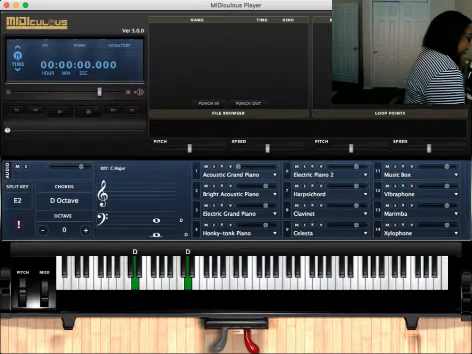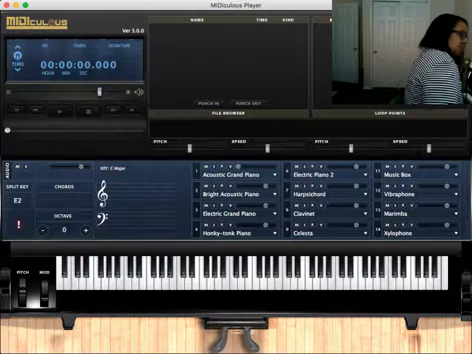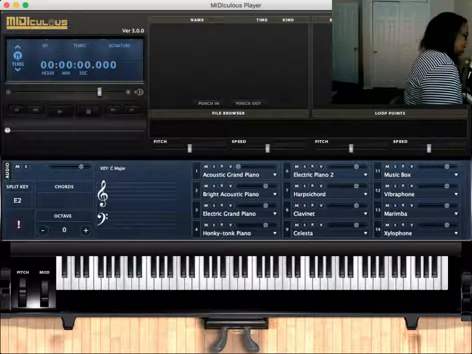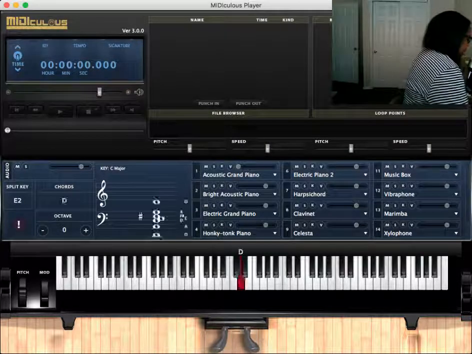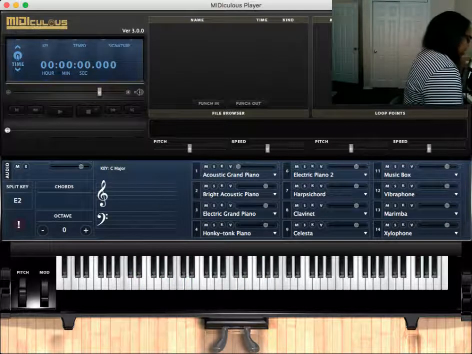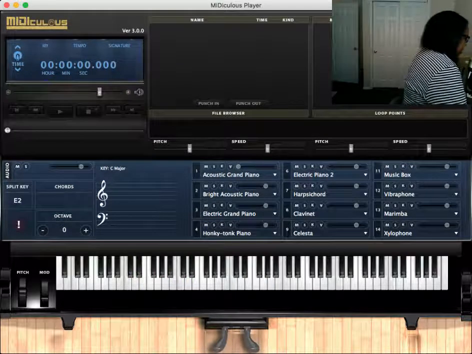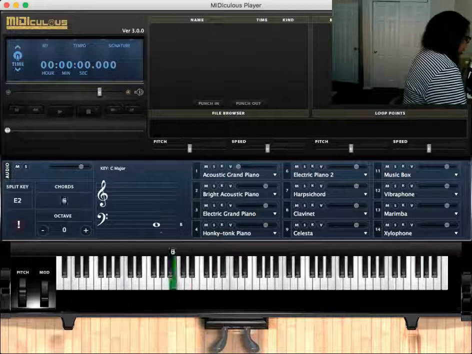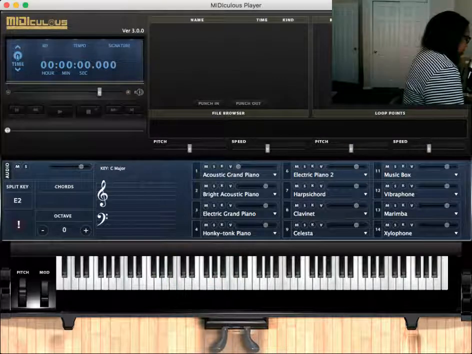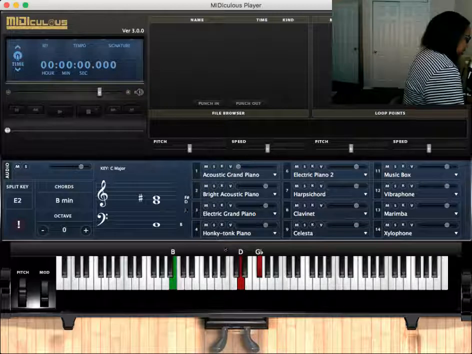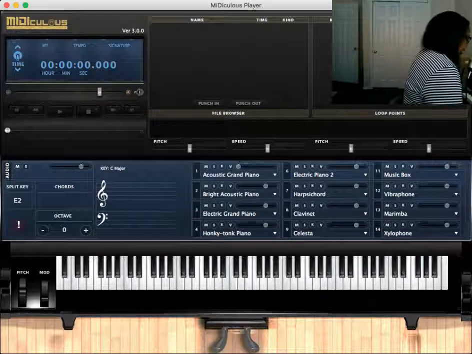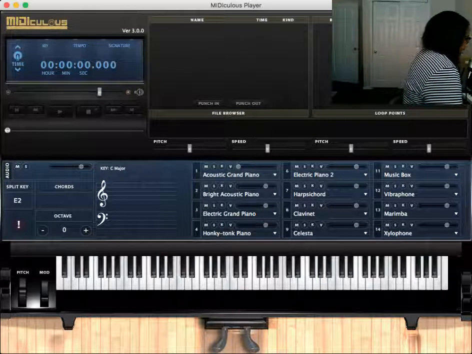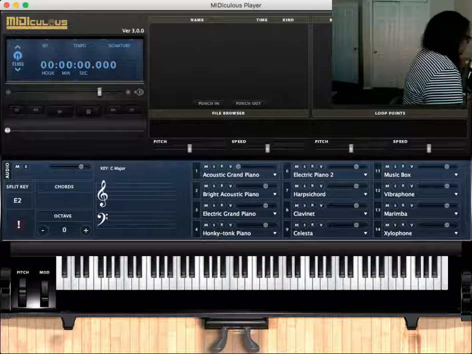Now, a secondary dominant. I'm not going to go deep into this. I just want to introduce it. But basically what is happening is we know our number system. Sorry, I'm in D. We know our number system, and we know that the 1 chord is major, 2 is minor, 3 is minor, 4 is major, 5 is major, 6 is minor, 7 is diminished, and we're back to 1. So a secondary dominant is where you take a chord that is not